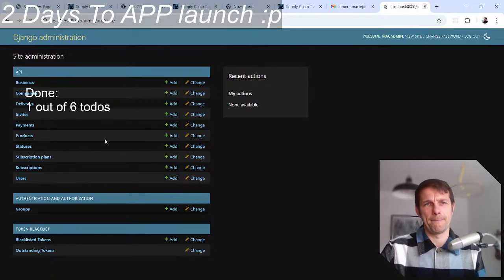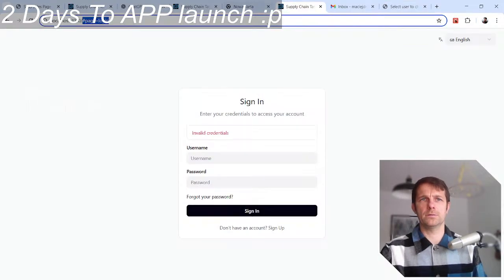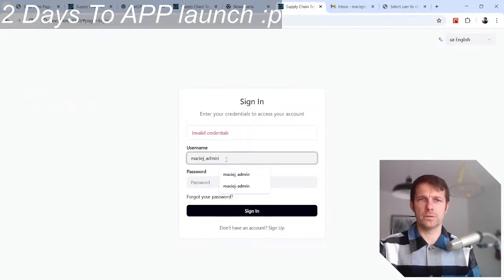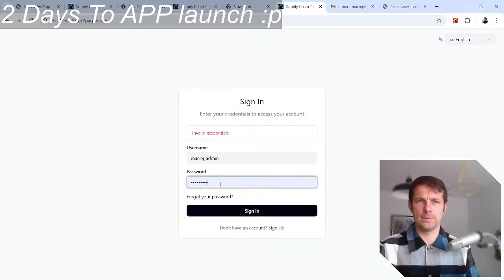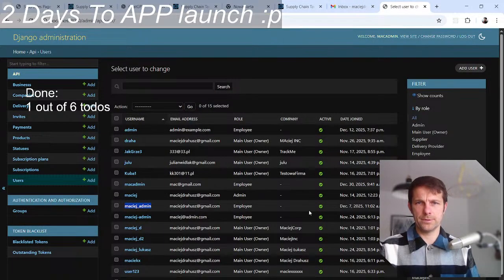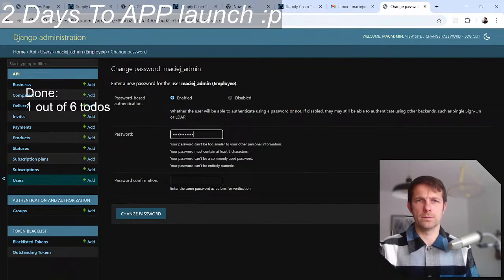Users. Whoa, I have so many. Oh, okay, so this one, Maciej admin, is an employee. Let's see if I can log into this one. Username, this one. And that's the password, is it? Let's just change the password for it. Can I change his password? Or reset password? Ooh, okay. Password.